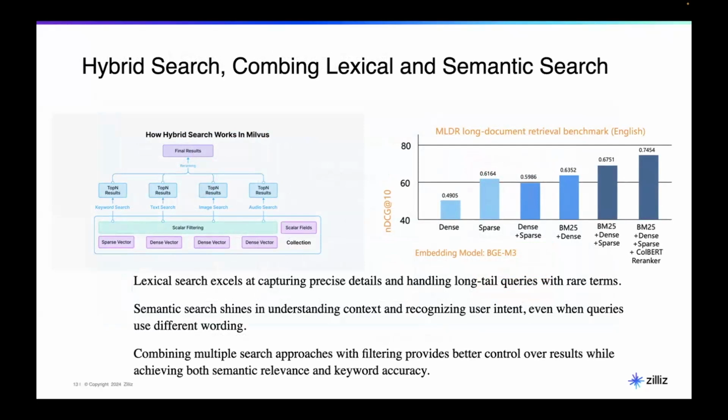First of all, it works pretty well if you look at the numbers here. By just doing dense or sparse, you can probably get 50%, 60% recall at most. But if you combine them and do re-ranking, it definitely shows a lot of improvement in your search quality. We are using a model called BGE-M3, which can generate multiple different embeddings. BM25 is similar. You can combine both BM25 and a pre-trained model together to get a better result.